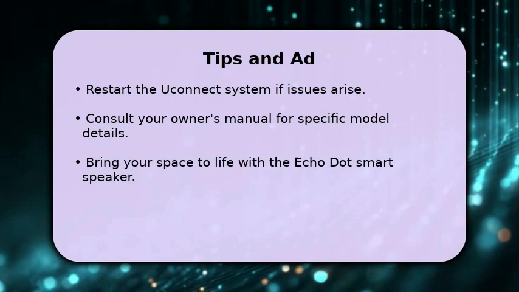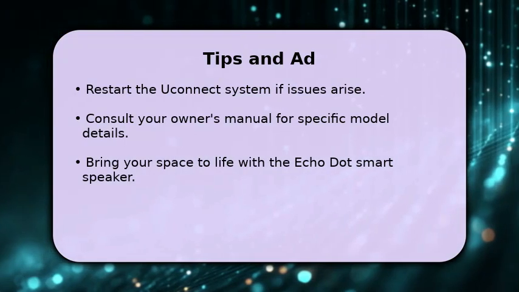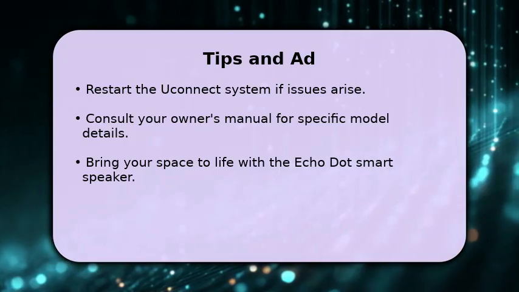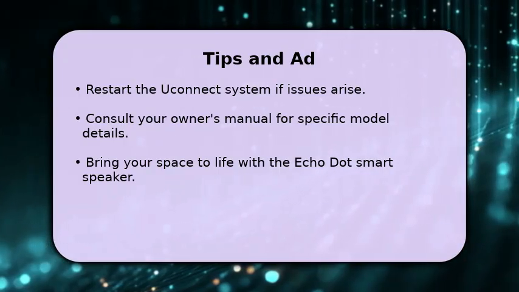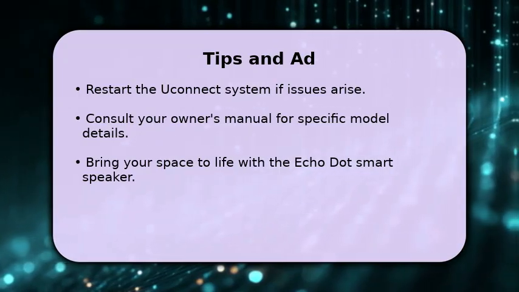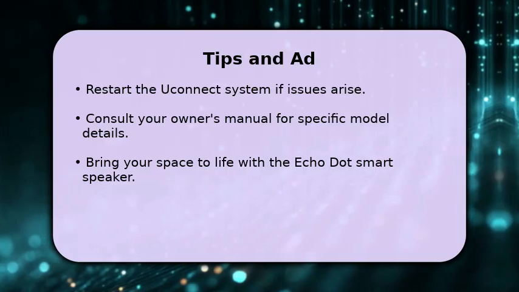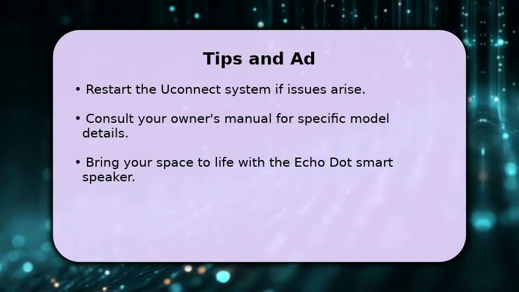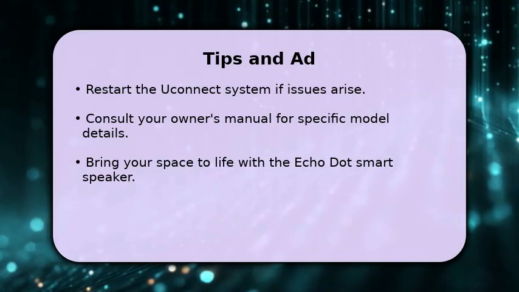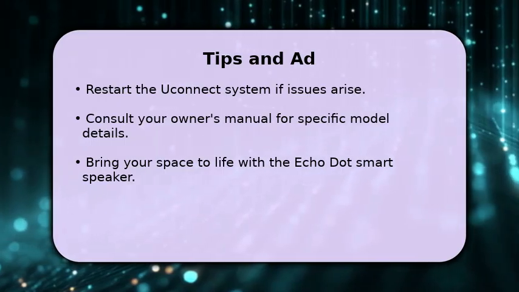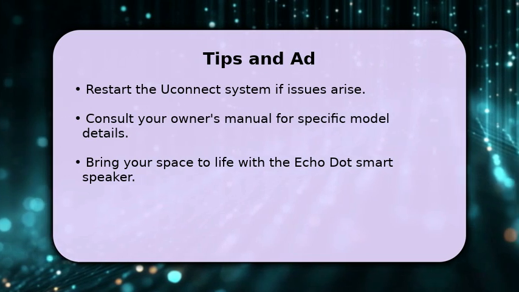English. If you encounter any issues, a simple restart of your Uconnect system can often resolve minor glitches. You can usually do this by turning off the vehicle, opening the driver's door for a few minutes, and then restarting. Always refer to your Jeep Grand Cherokee's owner's manual for the most accurate and model-specific instructions, as systems can